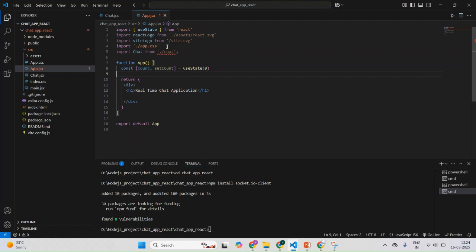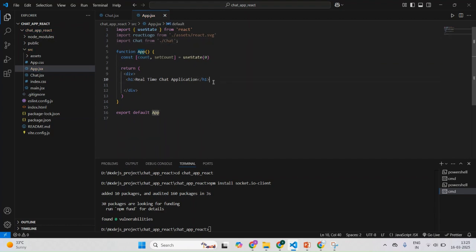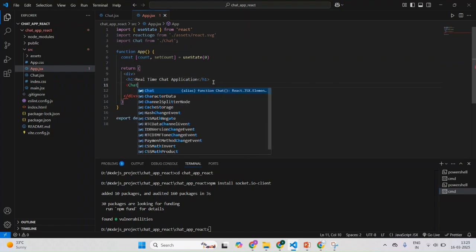What is happening here? It is giving an error. This we're not using, so I'll remove it. So C should be capital, you have taken. So import Chat from chat. Okay, then here I'll take Chat. I'm calling that chat